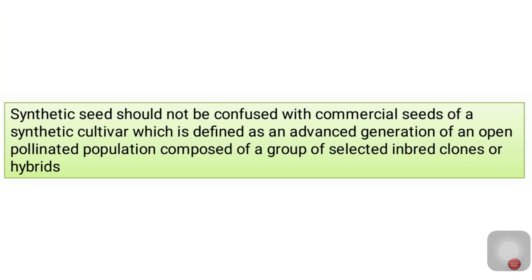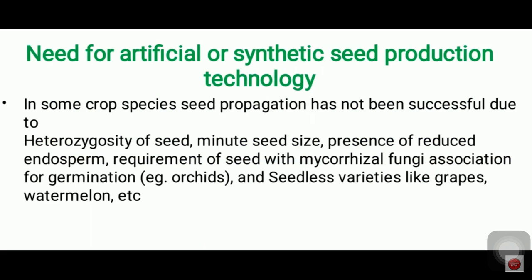The synthetic cultivar is defined as an advanced generation of an open pollinated population composed of a group of selected inbred clones or hybrids. The need for artificial or synthetic seed production technology: in some crop species, seed propagation has not been successful for the following reasons: